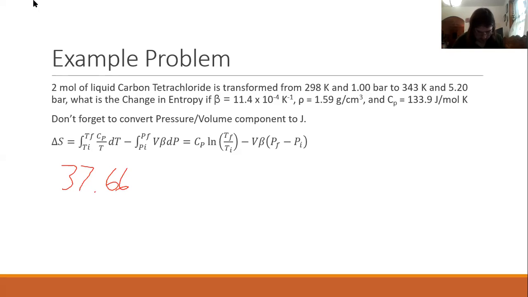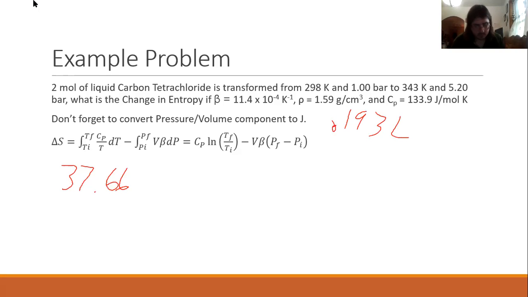So 2 times the molar mass, we have 307.6 grams. The density is 1.59 grams per centimeter cubed. That means we have 193 milliliters. Turning that into liters, dividing by 1,000, we have 0.193 liters, times beta, which is 11.4